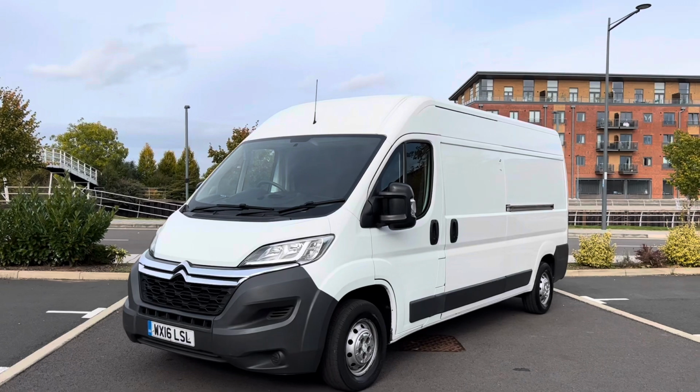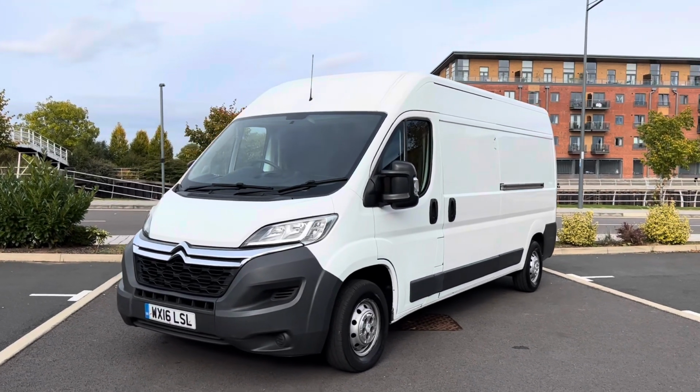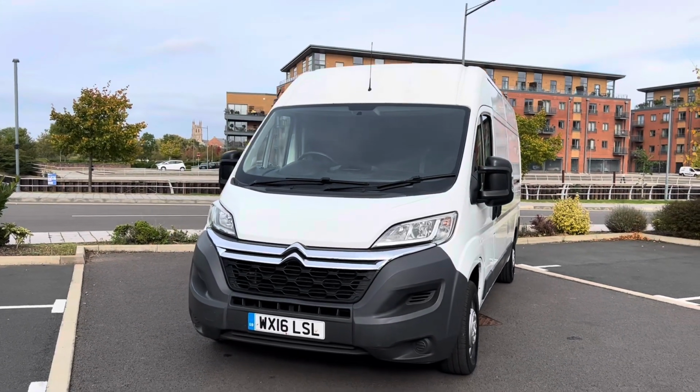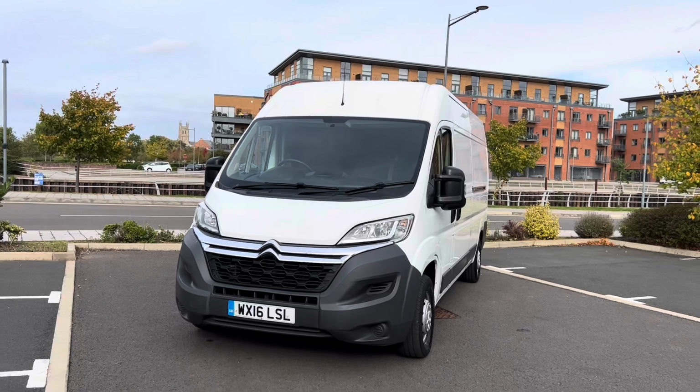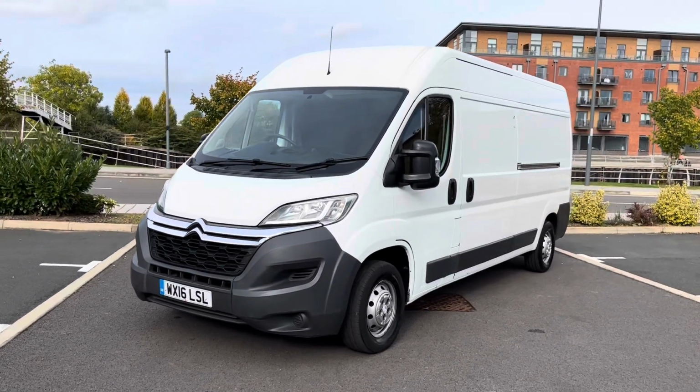We previously supplied it to the second keeper. It has recently arrived back in part exchange. It was owned by an NHS trust as the first keeper. It does have a full maintenance print with it from the NHS trust, and then I believe we've got service bills